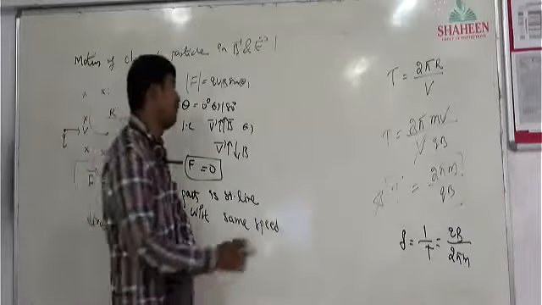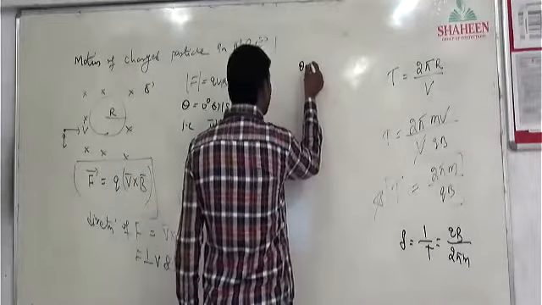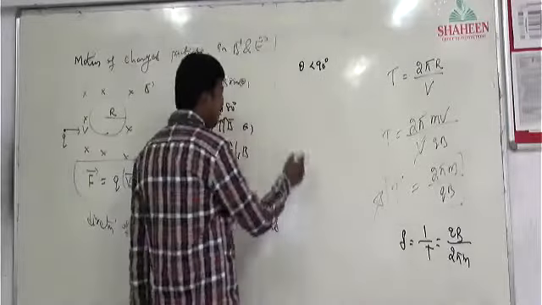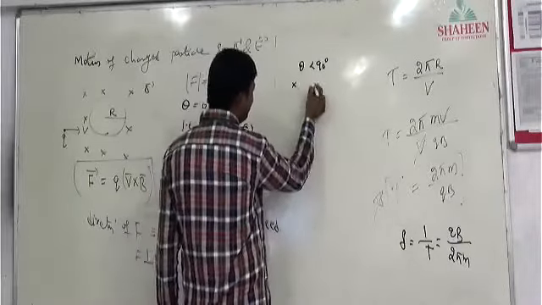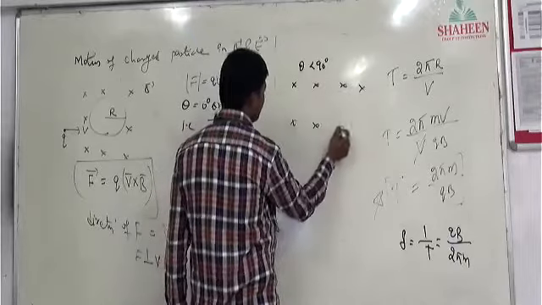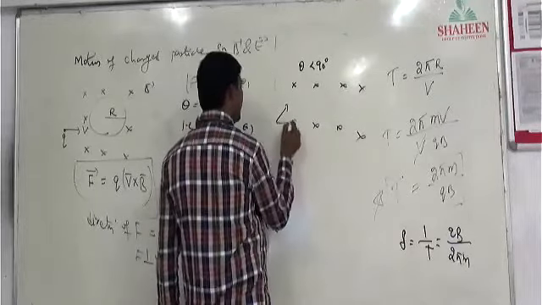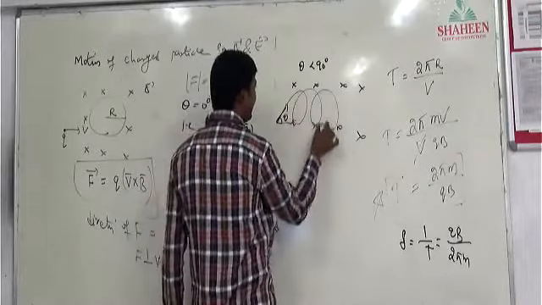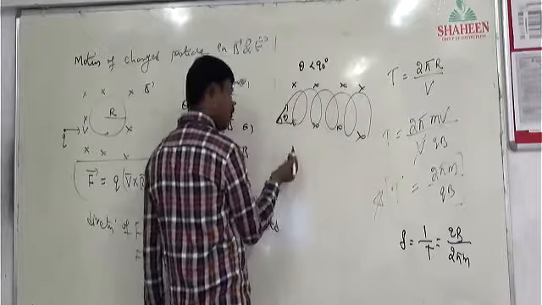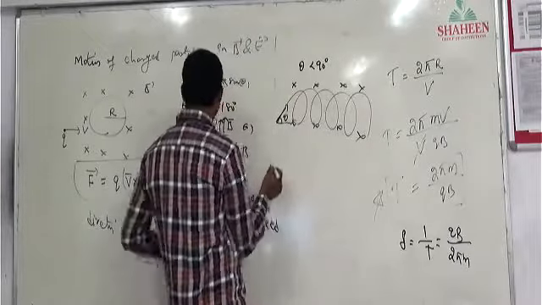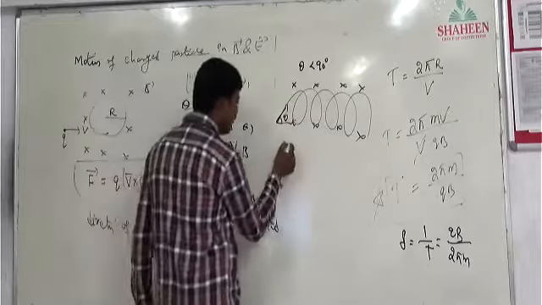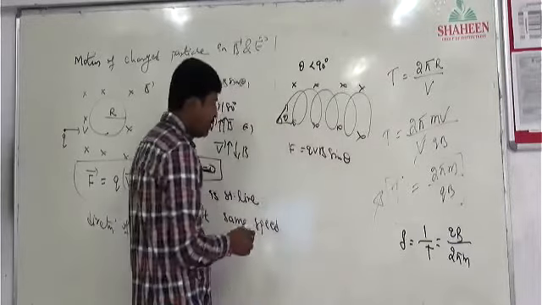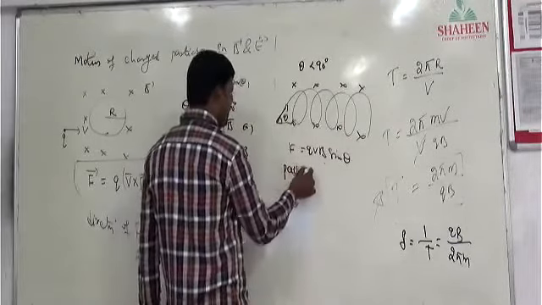Any other path? If theta is something lesser than 90 degree, an acute angle, at that time what happens? The magnetic field is there like this, and the charged particle is entering at an angle theta like this. At that time it will do a helical path. Force will be present definitely, the same as usual, F = qvB sin theta. But the path will be helical.